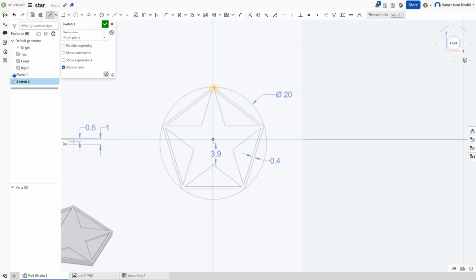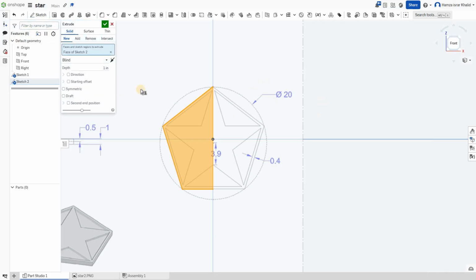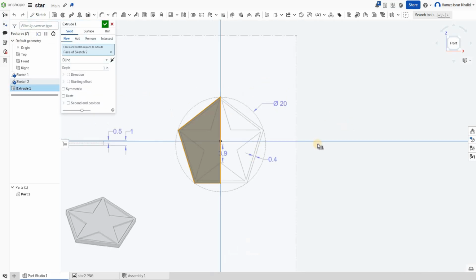I'm going to select my line tool, draw a vertical line here to create the basic shape of the left side. I'm going to just trace this image, and we have our first closed profile. When you see this gray area, it means it's a closed profile, which means we are going to click here, and if I click on this shape and press the extrude button here, with Shift plus E, so I'm going to click on the extrude button, and you can see